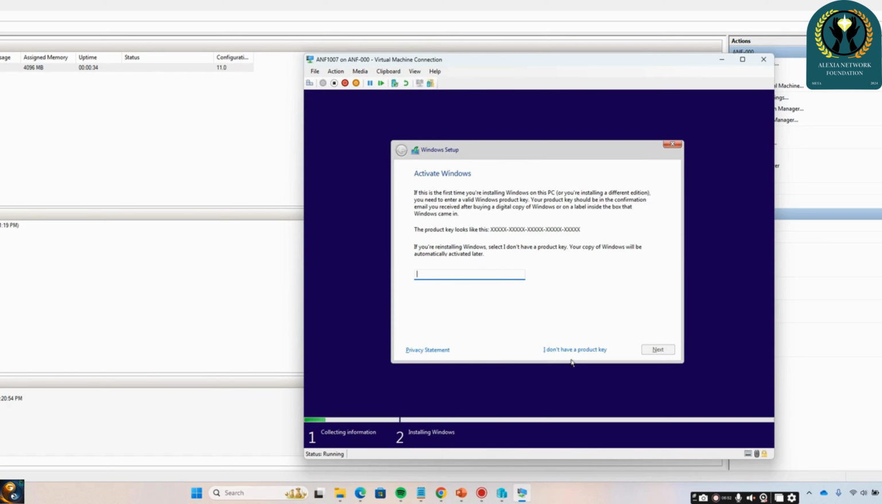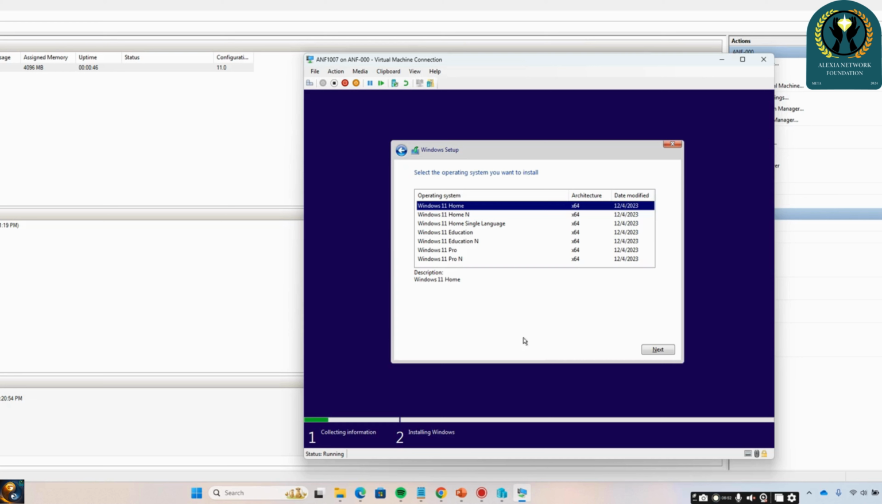So on this window, you can either enter the product key, or you can do this later. I'm gonna do this later because that's kind of a privacy issue. So let's go ahead and click I don't have a product key, and then select what version of Windows you have based on your ISO installation. So let's go ahead and click on next,